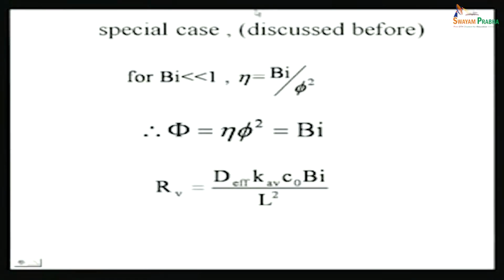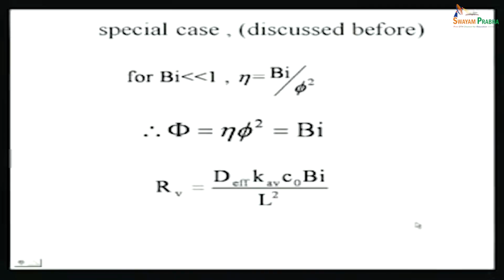If you have n number of processes in series, and if one of these processes is limiting, then the rate of the overall process equals the rate of the limiting process, right, so something you know. So, this is exactly what we have over here. So, Biot number very small means the external mass transfer is limiting, and because external and internal mass transfer and reaction are parallel, but external mass transfer is in series with these things. So, if external mass transfer is limiting and is the slowest step, then the overall rate of reaction equals the rate of external mass transfer. Right. These are things that we can derive intuitively, but these are very concrete